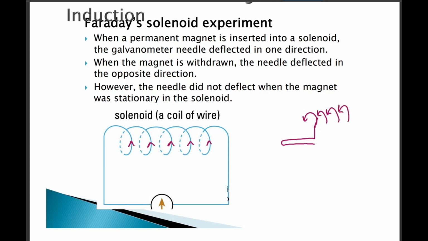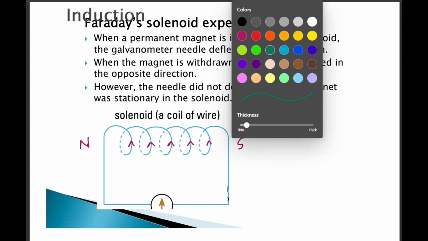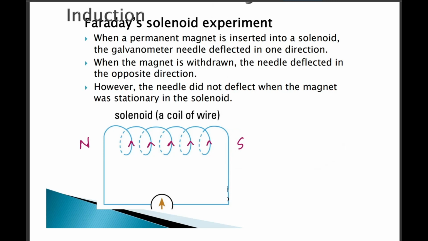And of course, be advised, we are using the right hand, not the left one. So my thumb is pointing towards the north pole. So this side would become the north pole and this side would become the south pole. Again, if the direction of the current were to be reversed, then